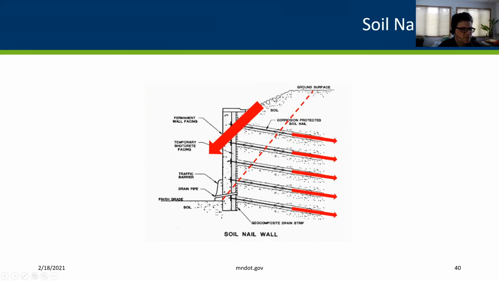Typically, soil nails will be angled down at about a 10 to 15 degree from the horizontal. But that's really how they're functioning, is that soil nail pulling against that mass. And pulling is not exactly the right word. These are not typically post tension, but as that mass shifts a little bit, then the nails are engaged and they're resisting that load.